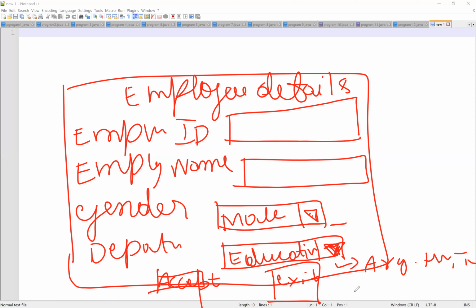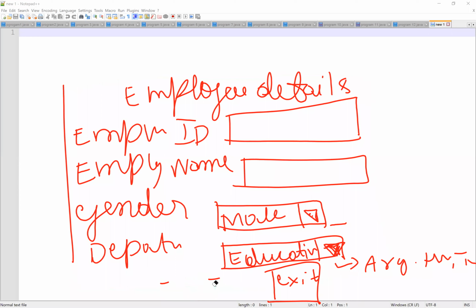This is all about GUI connection. For example, once you click the exit button, the program will close. If you press your accept button, very important, what happens?